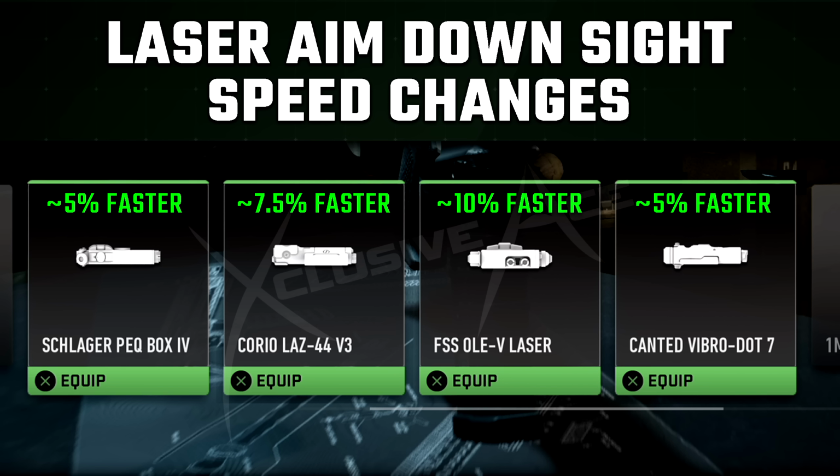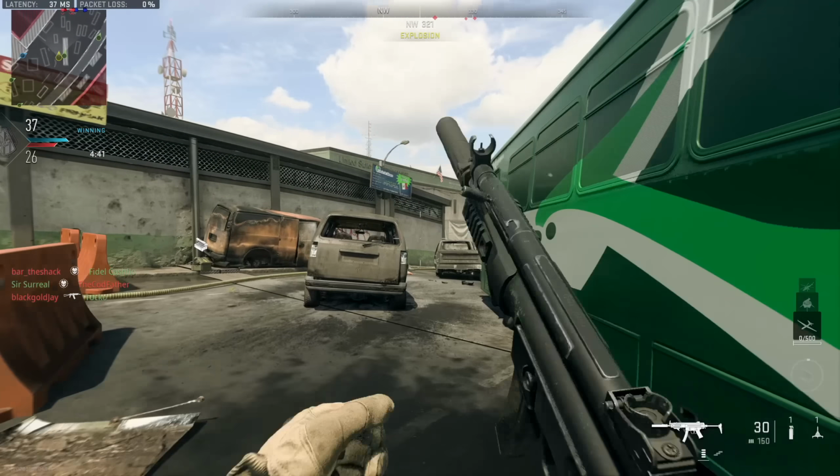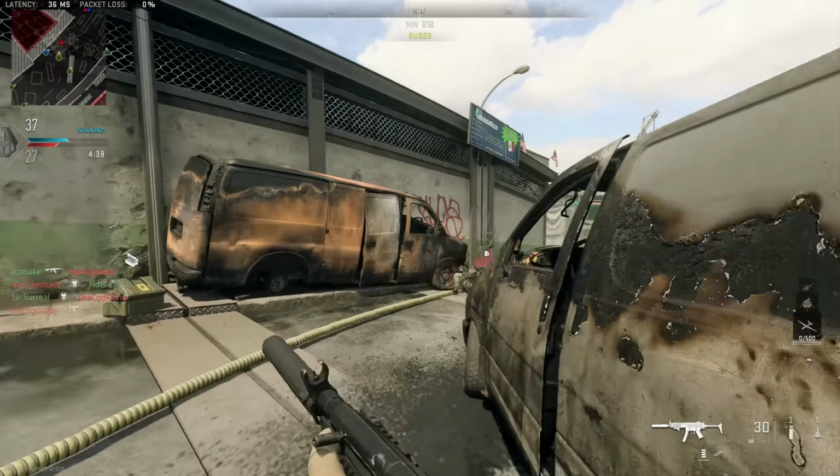And so far, just looking at this, if you're looking to improve your handling as much as possible, something that surprised me a bit here, the FSS OLEV seems to be your best option because it not only gives you the best improvement to your aim down sight time, it also gives you a very solid improvement to your sprint out times. So that's definitely a laser that I'm going to be using a whole lot more often than before I did this testing. So while that wraps it up for the stats that directly impact the gun itself, there